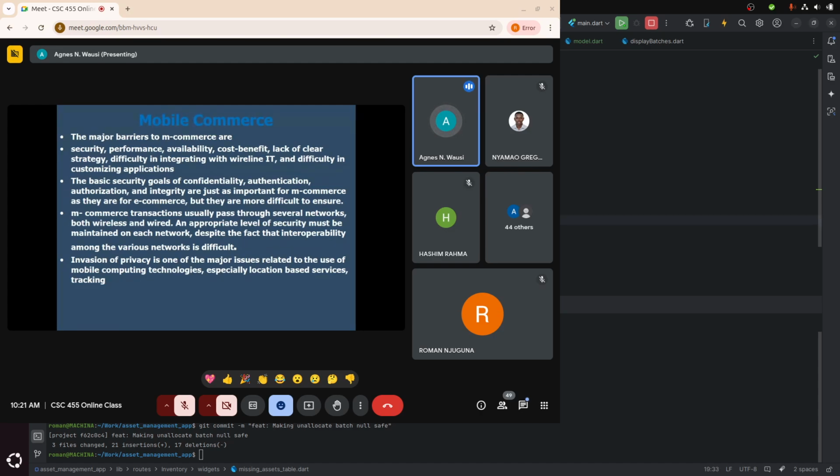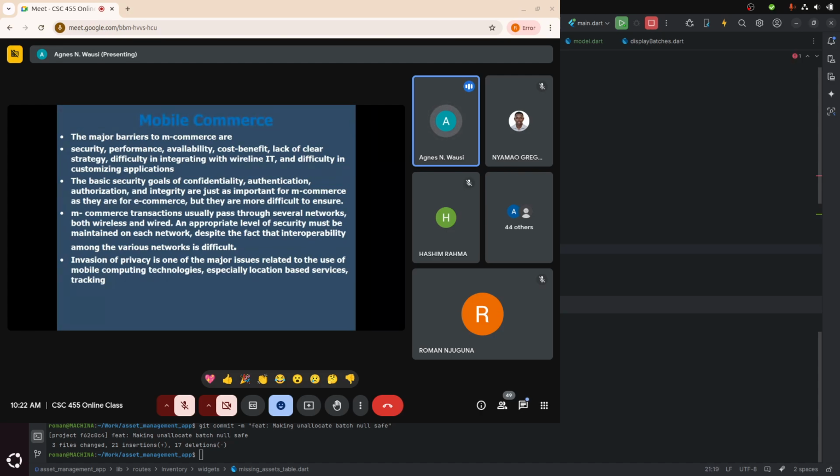Then, of course, there is the concern of privacy. Sometimes you may just find a message that has come to your phone that you didn't solicit. Maybe you went somewhere and somebody has sent you a message, or you feel they are tracking you. So there's sometimes a feeling that on mobile platforms there's an infringement of one's privacy. That can also become an issue.